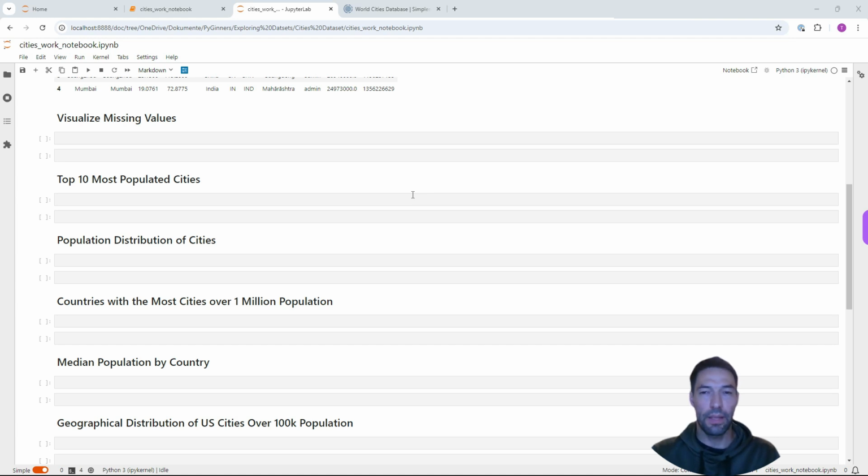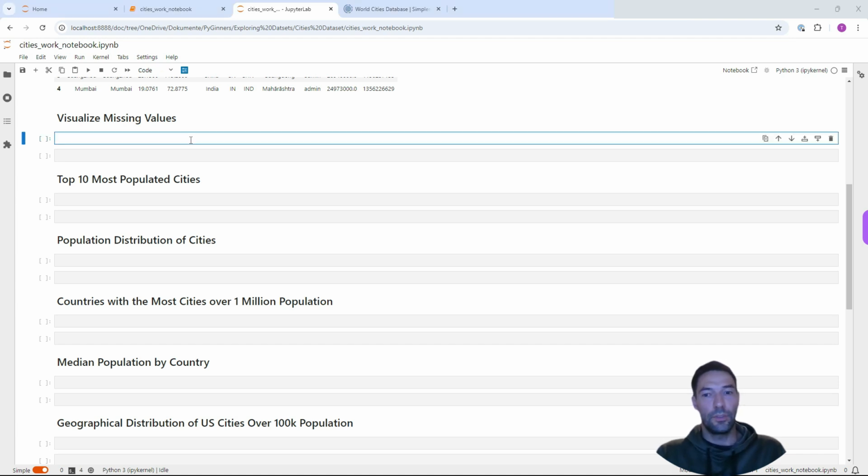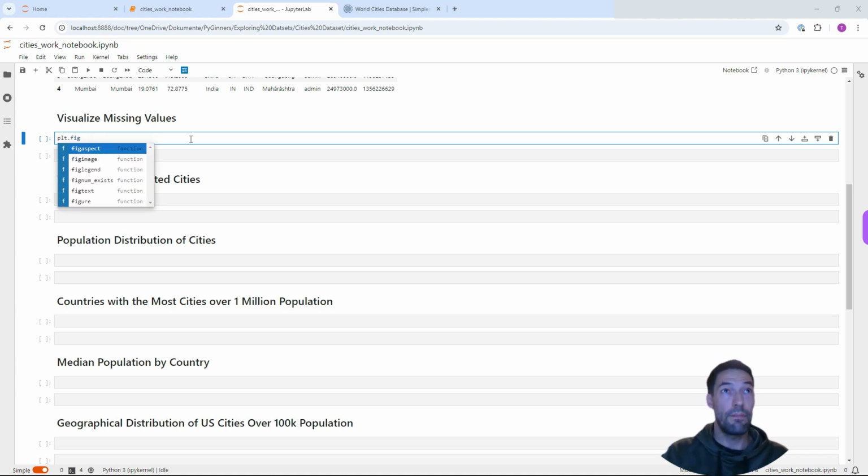One of the first things I usually like to do when I look at a data set is check how many missing values there are in each column. And we can visualize this in a nice way with a heat map. And I can do so if I type in plt.figure, and then I choose a fixed size that is big enough, for instance 15,5, and then